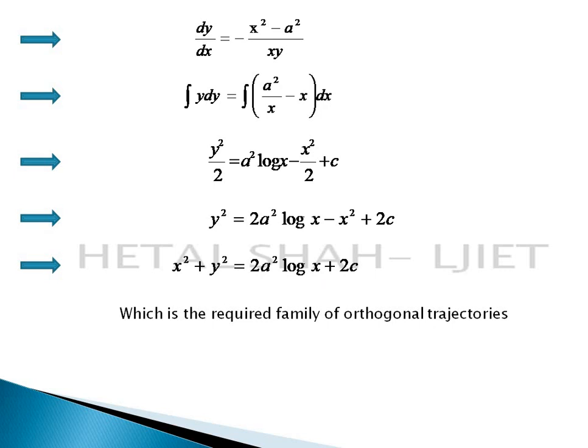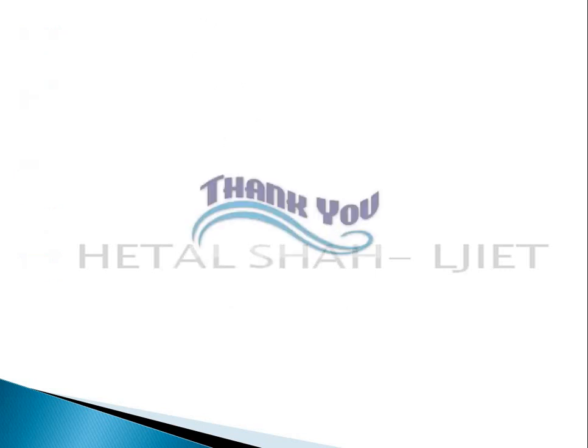Students, these are three examples for finding orthogonal trajectories. The main three steps are common. First is the differentiation with respect to x, and then we eliminate the arbitrary constant, and the third step is to replace dy by dx by minus dx by dy, and whatever equation we find, that is our orthogonal trajectory.